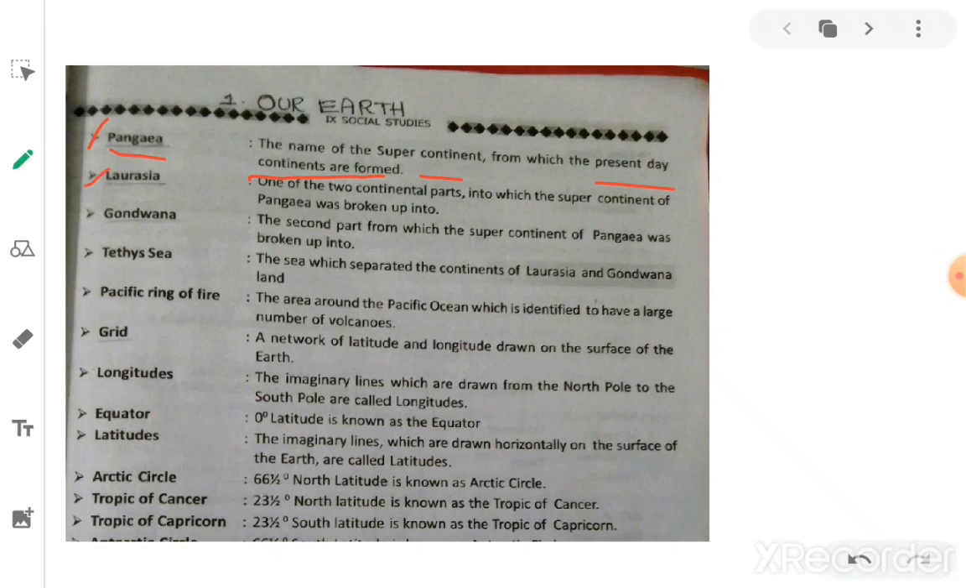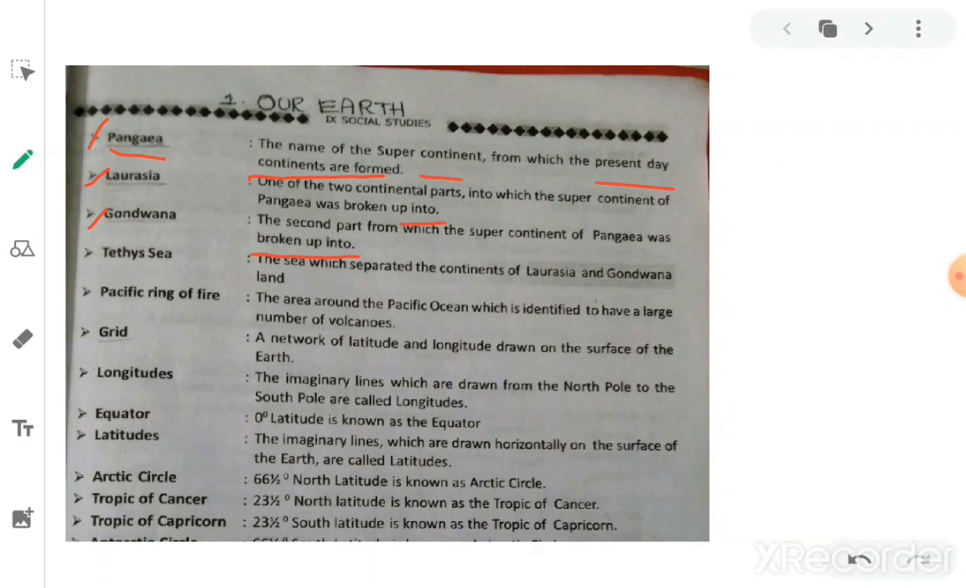Second one is Laurasia. This is one of the 2 continental parts into which the supercontinent of Pangaea was broken up. So Pangaea was divided into 2 parts. One of the parts is Laurasia, and Gondwana is the second part that Pangaea broke up into. So Gondwana is the second part and Laurasia is the first part, which are divided from one main